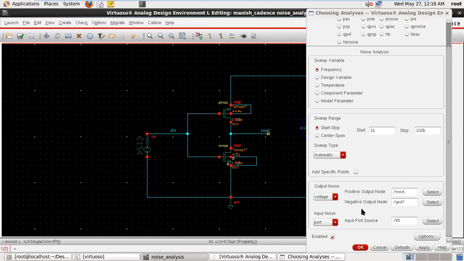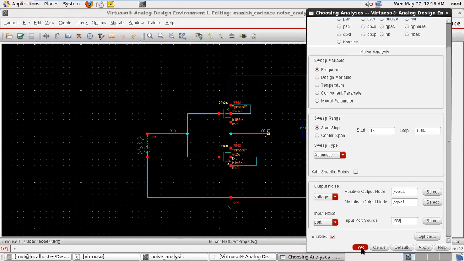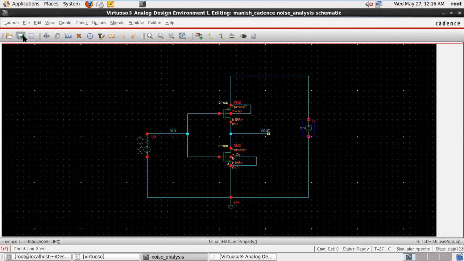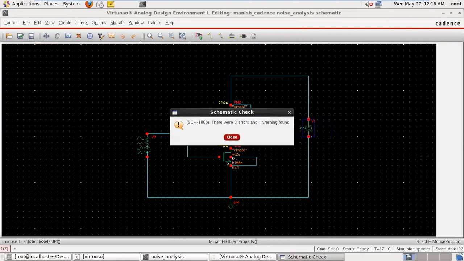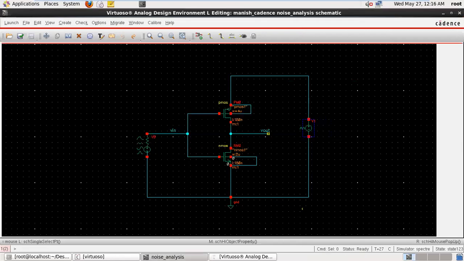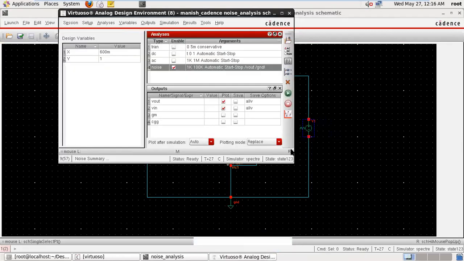So this represents your port name, which is B0, because that is the port name. B0, apply, OK. Now again check and save, close this window, close, one warning due to the wire. So just run the simulation.